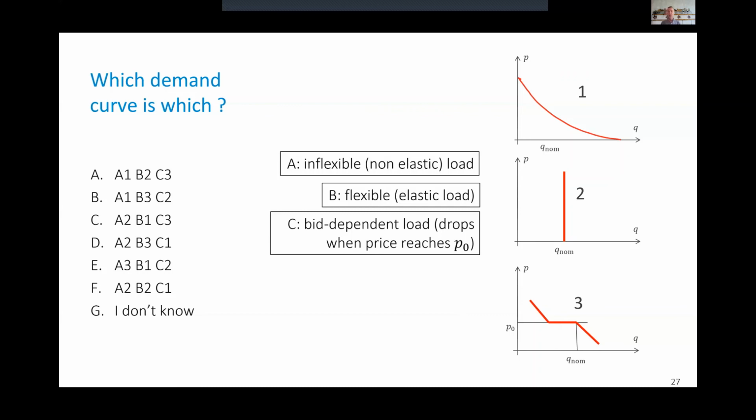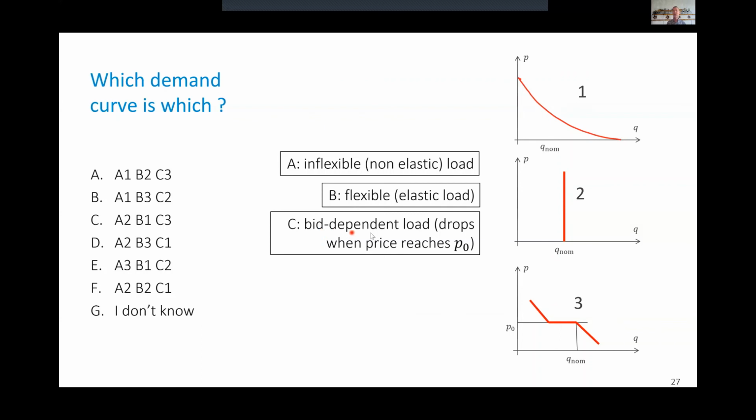The first one that I'm proposing is an inflexible, non-elastic load. The second one is a flexible, meaning elastic, load. And the third one is what we call a bid-dependent load. A bid-dependent load has to do with the bid, assuming there is a market. So assuming you're running a big industry, for example, you will consume some amount here. And you have some flexibility. You may arrange your production because, for example, you're producing aluminium. The price of electricity is a huge part of your cost, so you may adapt your production to the price